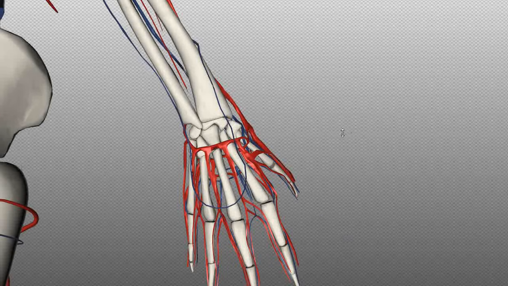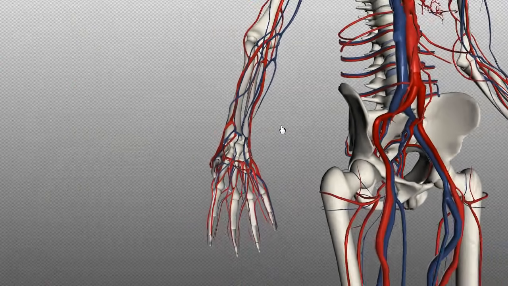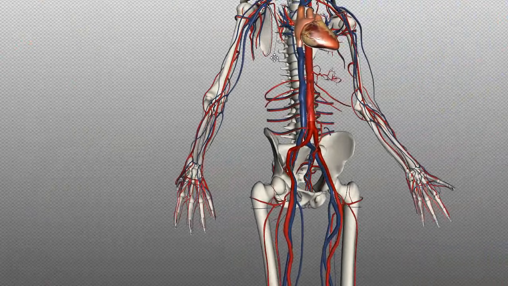So that's the venous drainage of the upper limbs. It's a little bit more complicated than the